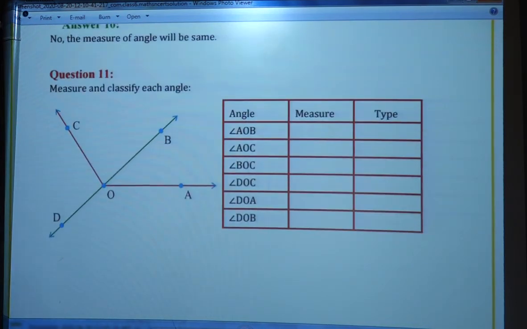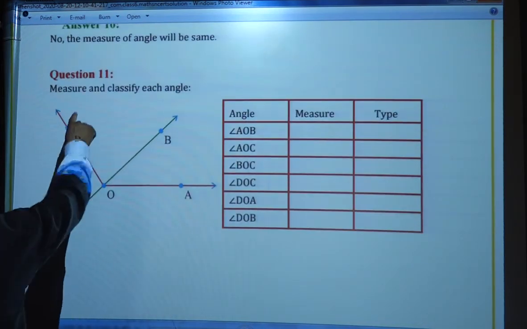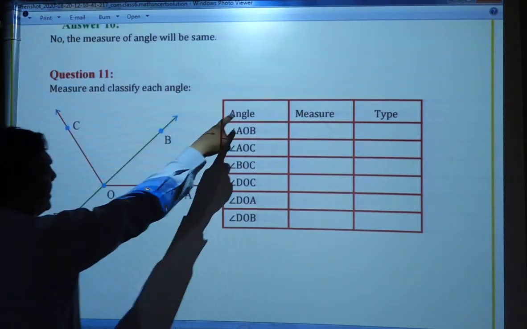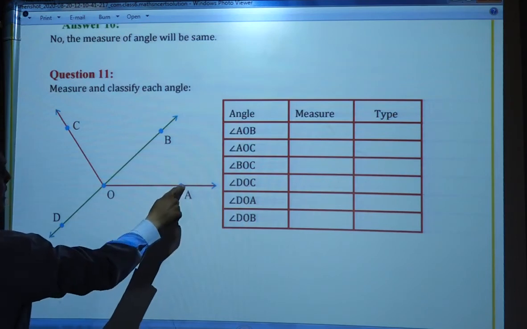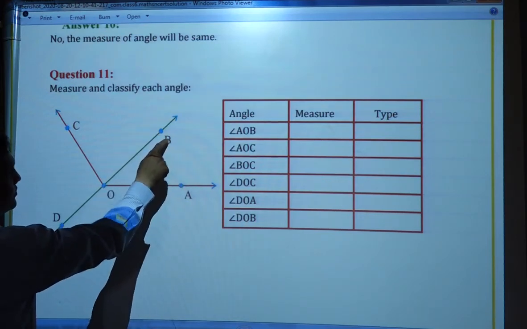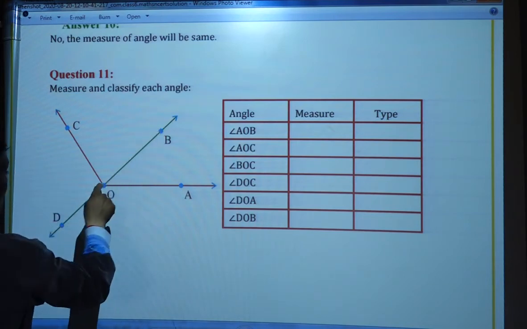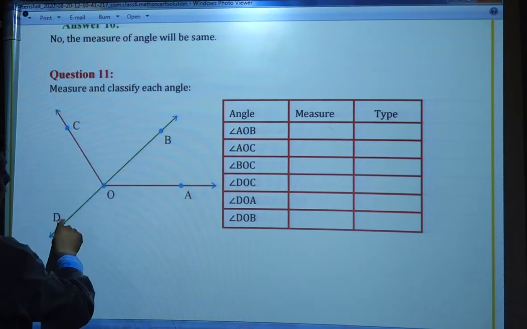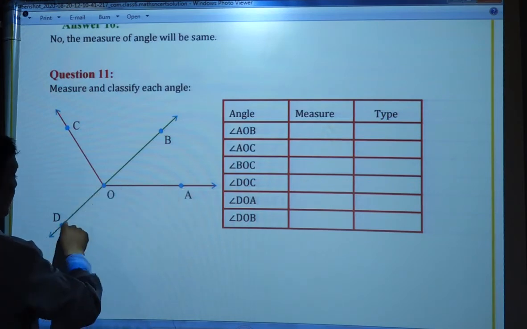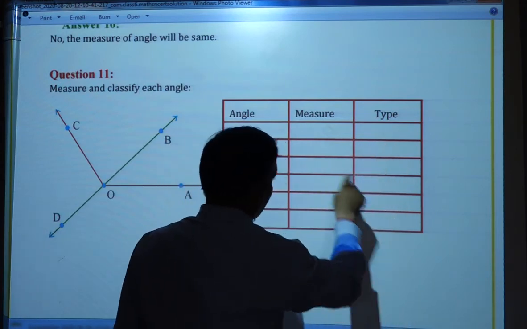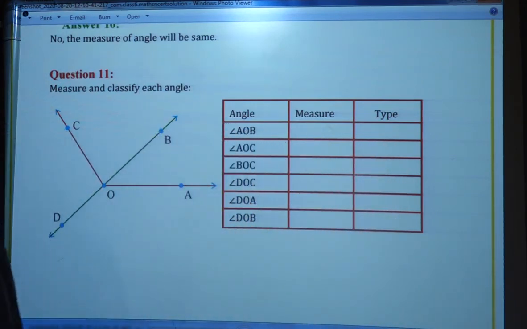Now, a question is given: measure and classify each of the angles. Here are given some angles. The angle names are given: AOB, AOC, BOC, DOC, DOA and DOB. Measure and type are to be found. The measurement is shown in the next step, so if you see the next step,